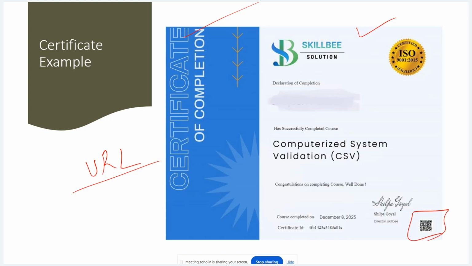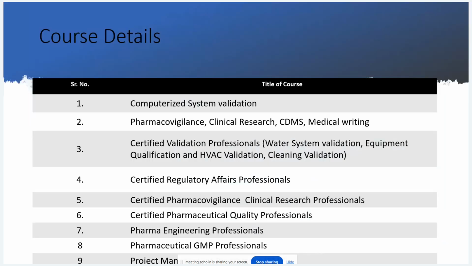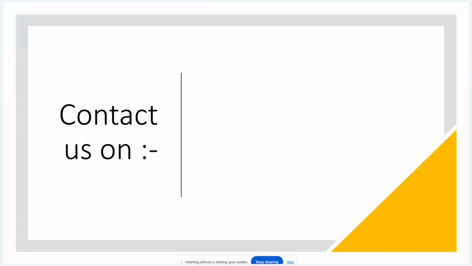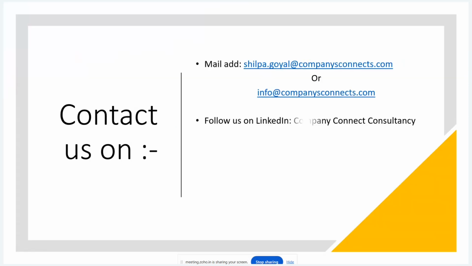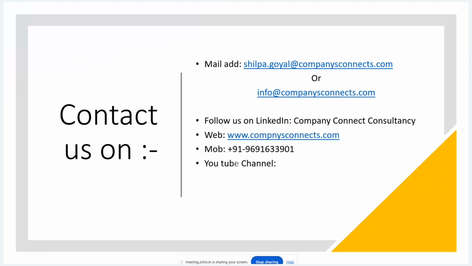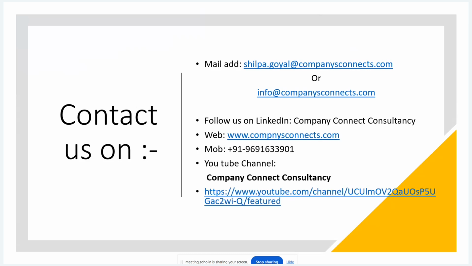Plus it has the logo of the APJ Abdul Kalam University here, which is missing. So the certificate comes with university affiliation. These are the courses provided by the Company Connect, and this is the contact number. Now, if anybody has any questions, let me know. If you want to enroll for the course, you can contact this number or mail this address.